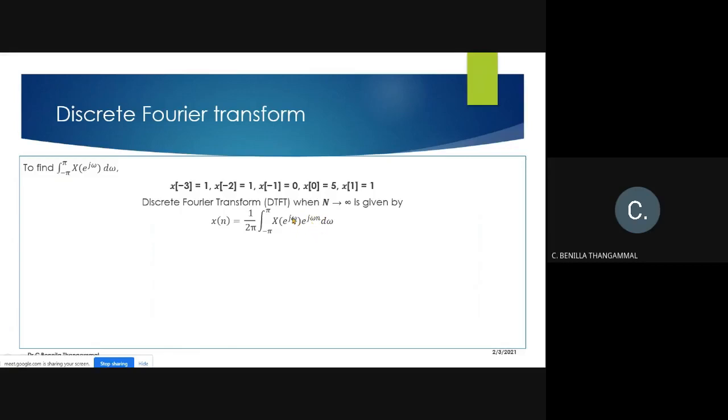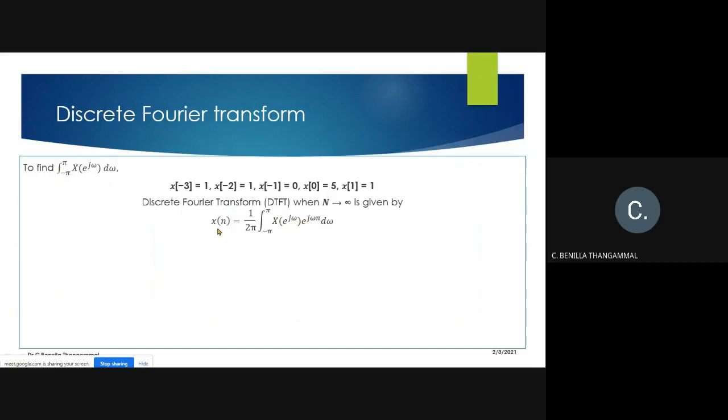So if it is 1, I'll be getting the same function as that of your question here. So if I want to make this e power j omega n as 1, what is the possibility here? I can make my n as 0. So if I want to find your x of 0, I have to replace my n as 0 here. So here I have only one n. So if I replace this n as 0, I'll be getting this e power 0 as 1. So I can get the exact term they have asked in the question here.